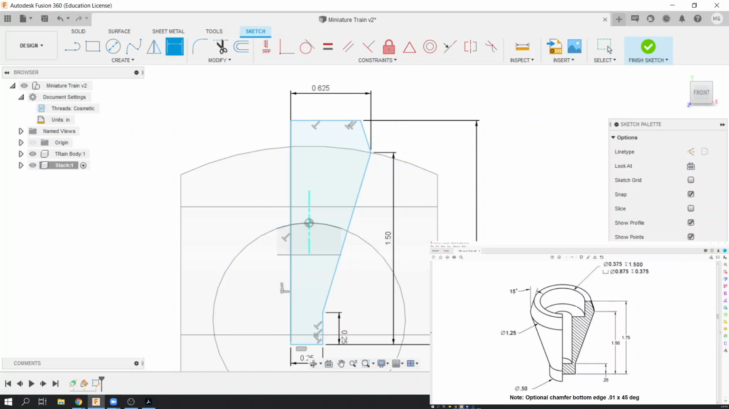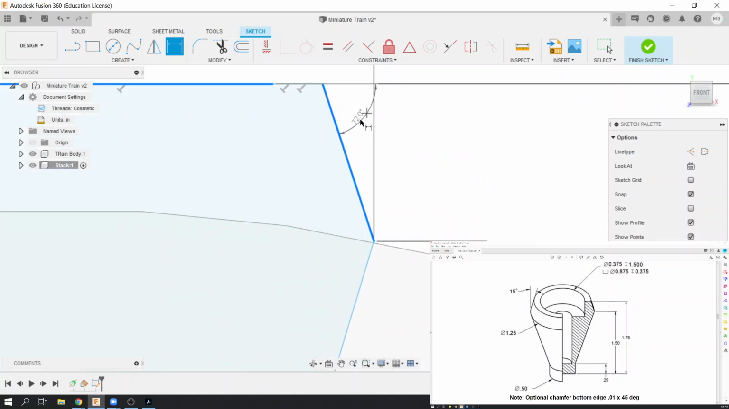Now, the only other dimension I believe I need is the angle of this little edge here. And you can see in the print it's 15 degrees. So if I click with the Dimension Tool on this line, which is the angled one, and then I click on another line that's not perpendicular or parallel, you're going to notice that I get an angle option. So depending on where I'm measuring the angle from, this is where geometry is going to be very helpful. So if I click right there, for instance,